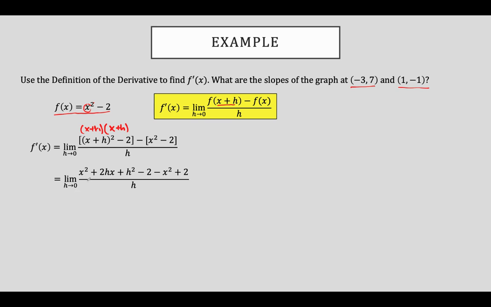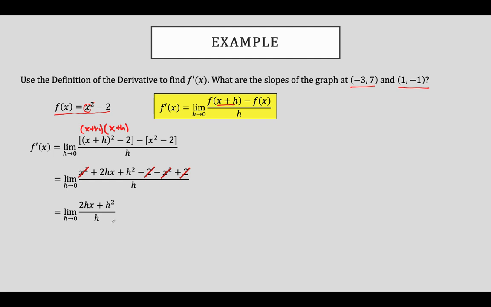Some things are going to begin to cancel here. Notice I have an x squared minus an x squared. Those are going to subtract to 0. I have a minus 2 plus 2. Those add to 0. This leaves me now with the limit as h approaches 0 of 2hx plus h squared